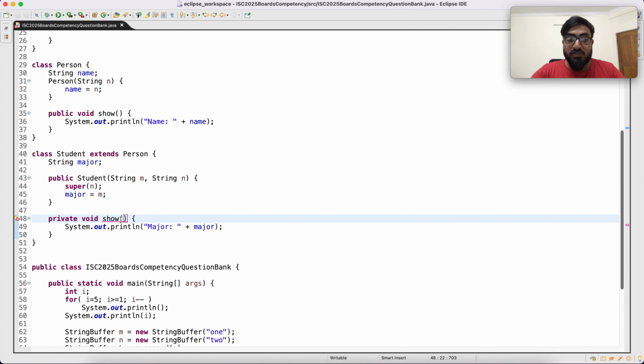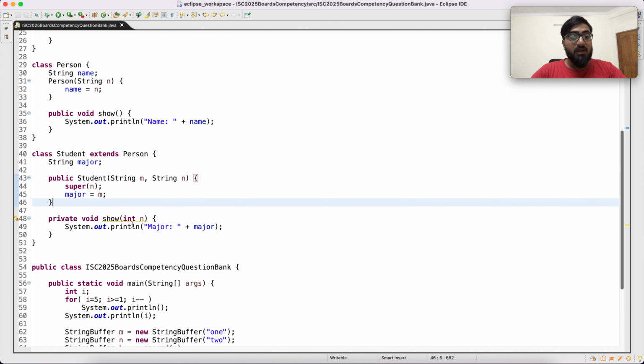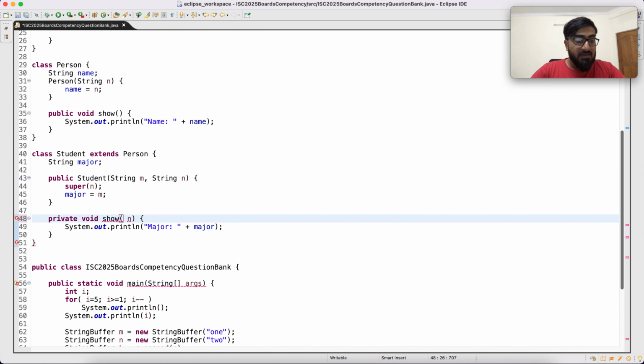If you change the function signature, that's okay. This is show with no arguments, this is show with an integer, and this is okay. You can make this private. This yellow line is because this is not being used, but this is okay. But if you keep the signature exactly the same as that of the function in the superclass, you cannot